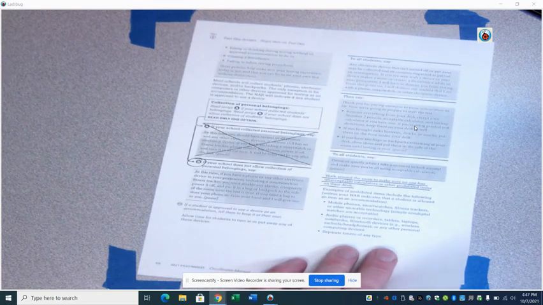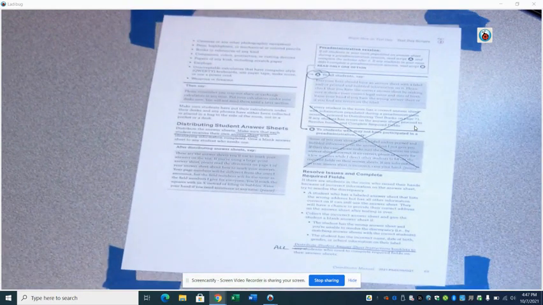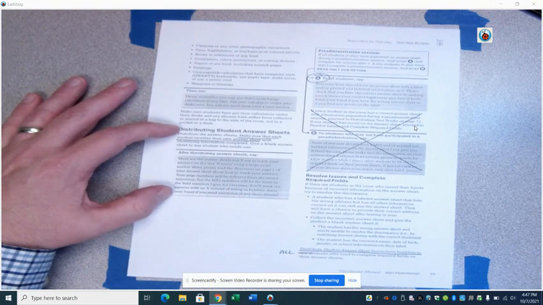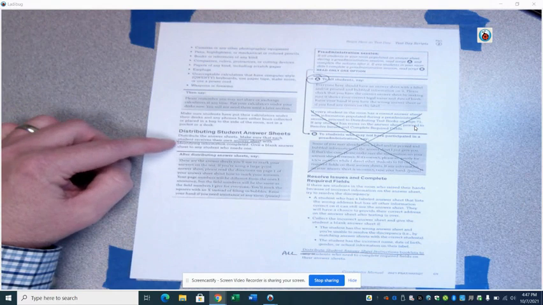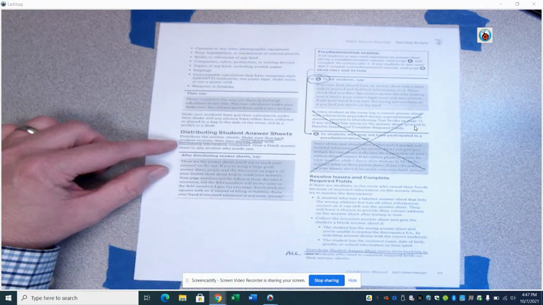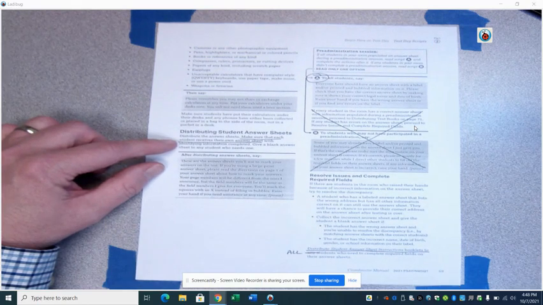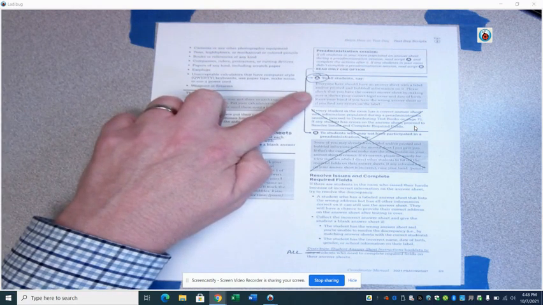Continuing on, we're going to continue through this. We're going to distribute the answer sheets. Make sure they do receive their own answer sheet. The majority of our students have answer sheets with a label on it, so it's got their name on it. Make sure they get that. We do have a couple of students who don't have a label because of when they joined our school, and we'll give you information on what those students need to do if you have that student in your class. All right, so this is what you're going to say because they do have labels.